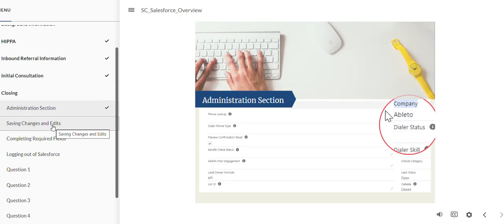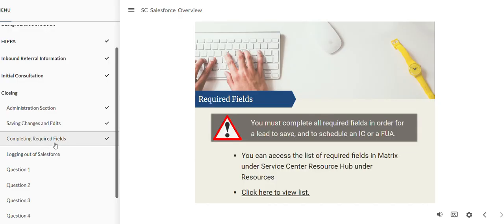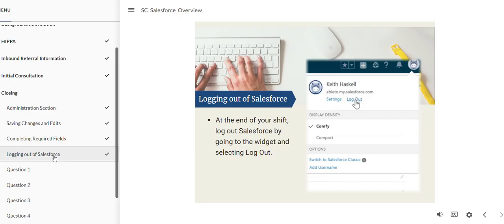The next section is the administration section. If you scroll down, you will see that there is a list of fields that are required to complete. We ask that you log out of Salesforce at the end of every